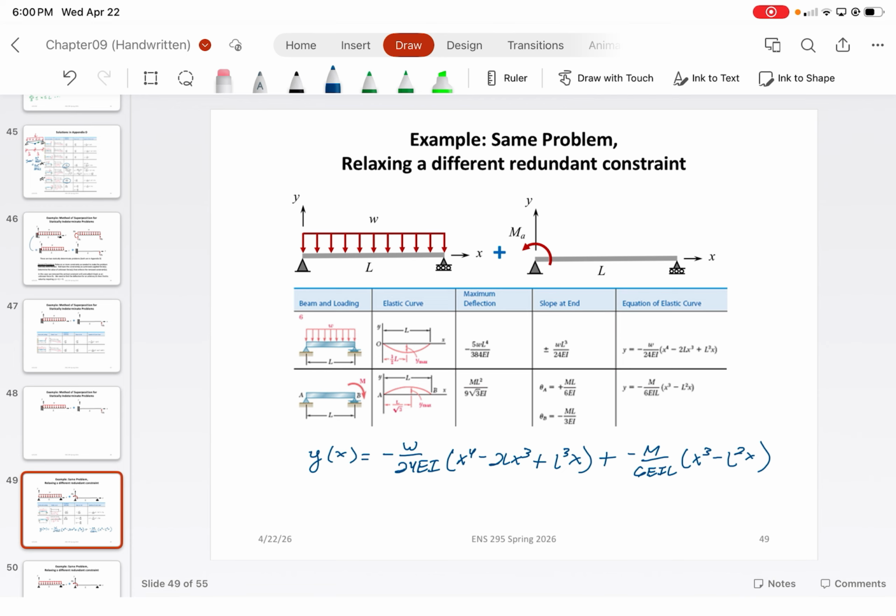These equations are useful for values of x between 0 and l, which is why this problem is pretty easy when you think about it. So in this case, you would want to solve for when the slope of this beam, let me rephrase it. Since we're given the deflection equations,